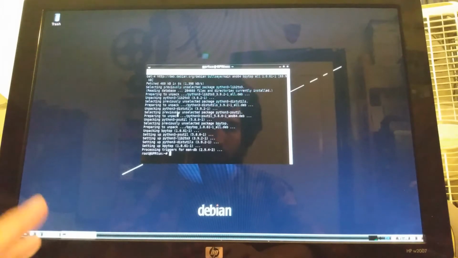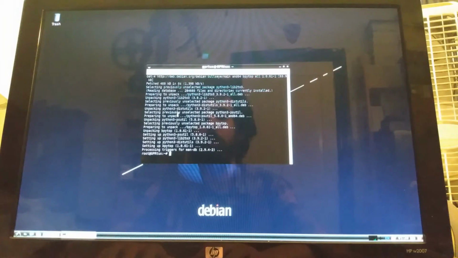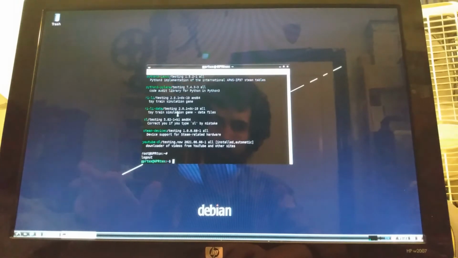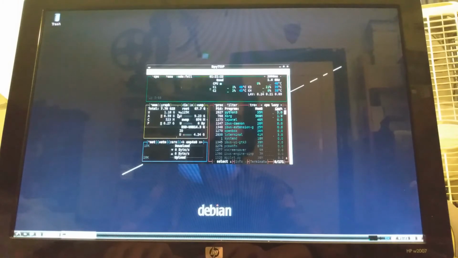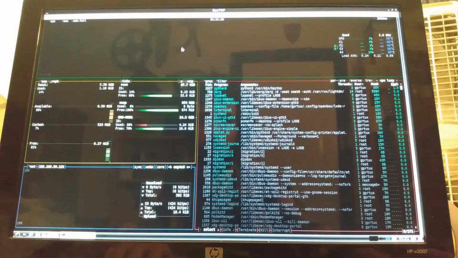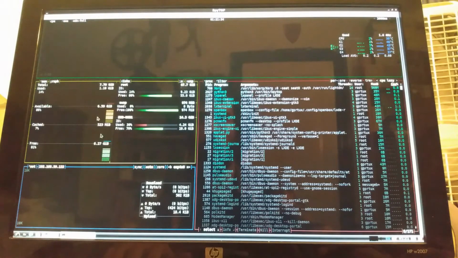I keep typing in sudo when I'm signed in as root. Gotta stop doing that. Control D. Now I'm logged out of root. If I type in BPYtop, I get this cool resource manager. It shows me basically everything that's in use.